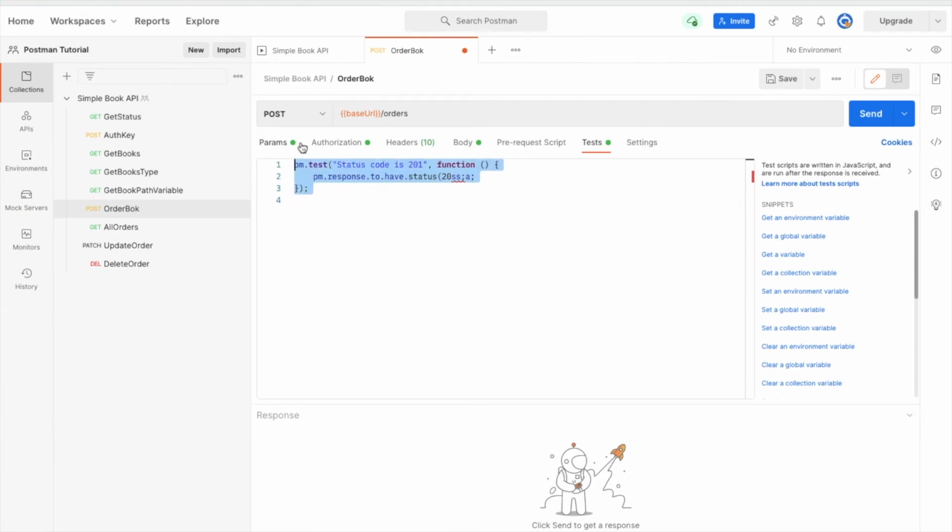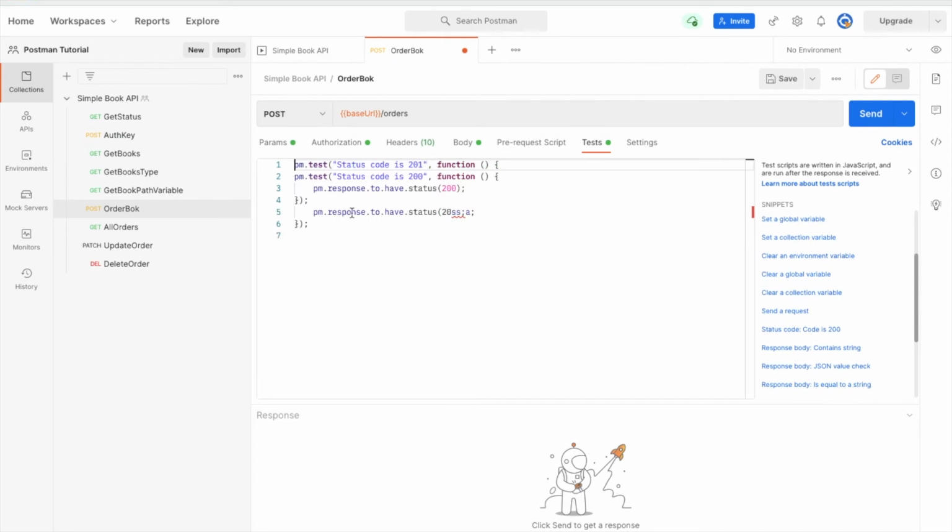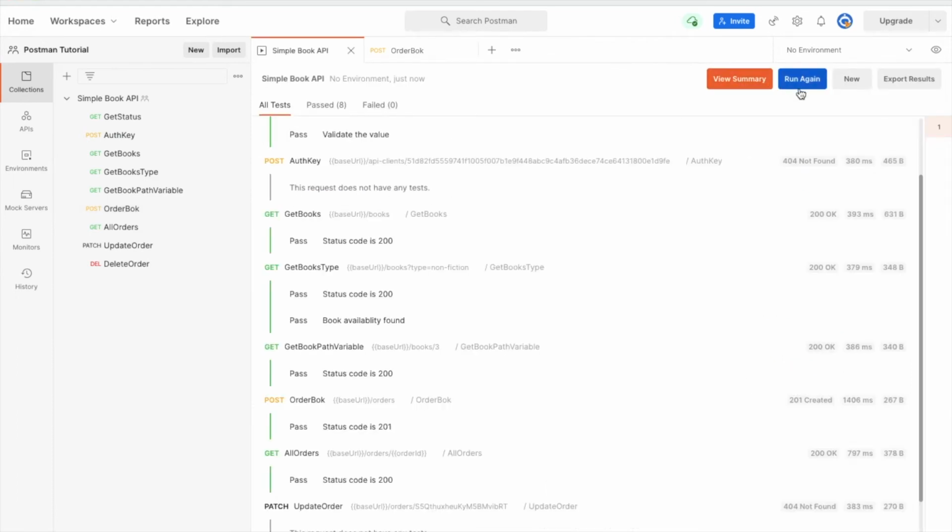So let me do that. I'm writing over here. It is status code 200. So this is what I have written. Whenever my order is created, order is booked, I have to get the 201. But I have deliberately changed my status code to 200 to fail this test case. So let me save this. Now I'm going over here, I'll run it again,